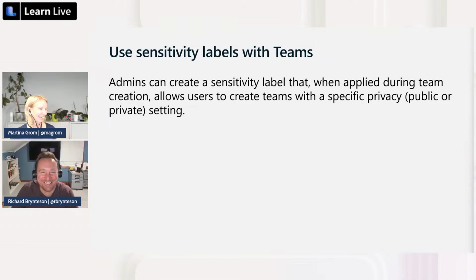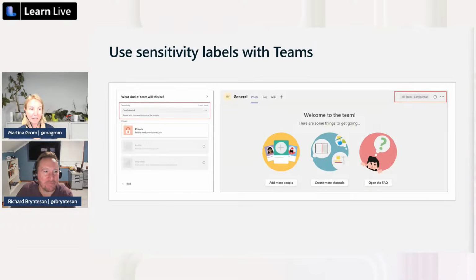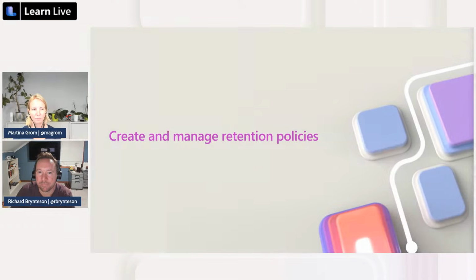So also, in our example, and I showed that already in the demo, in this screenshot you see that when you have done that and you use that confidential label, it's available here. You can only publish it for private teams. And as you have seen in the demo, this is really a good approach if you want to have that kind of security also applied to your Teams environment.